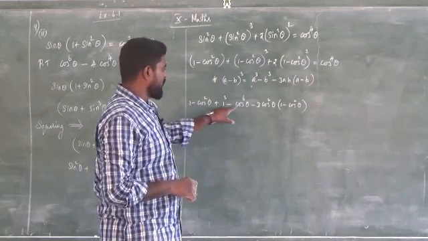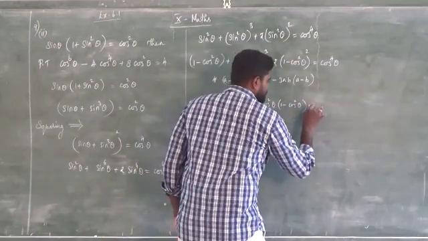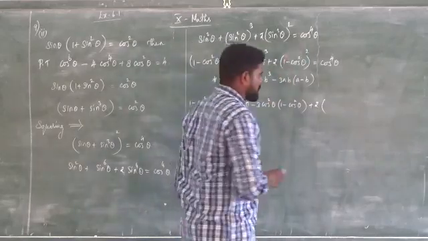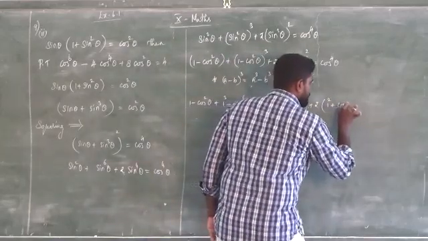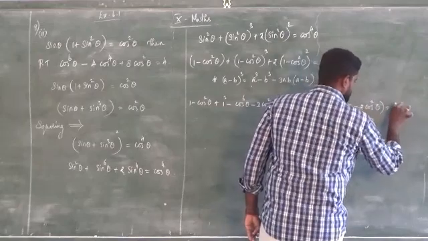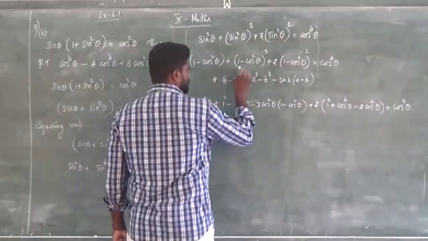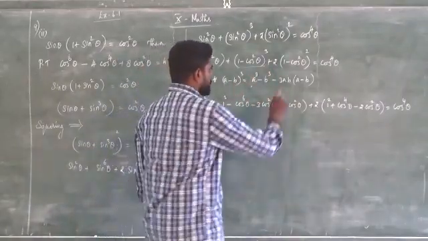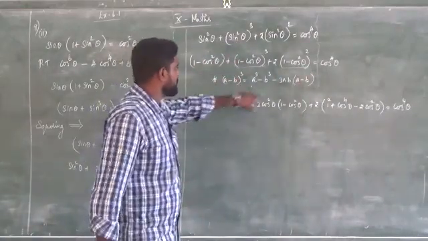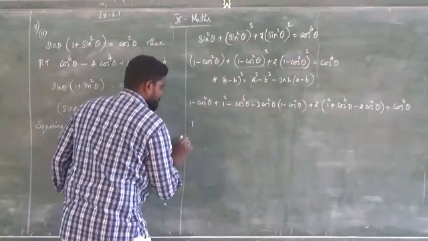So a cube minus b cube minus 3ab into a minus b plus 2 into 1 minus cos square whole square. So 2 into a minus b whole square. What is that? A square plus b square. B is cos square. So cos power 4 theta minus 2 cos square theta, it is equal to cos power 4 theta. So here we are using two formulas. One is a minus b whole cube, another one a minus b whole square. So 1 minus cos square, a minus b whole cube expansion and a minus b whole square expansion.